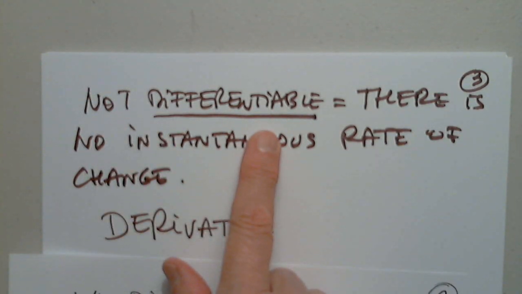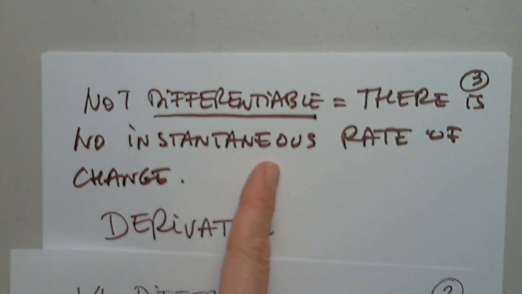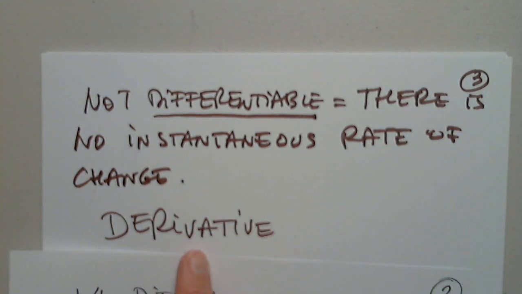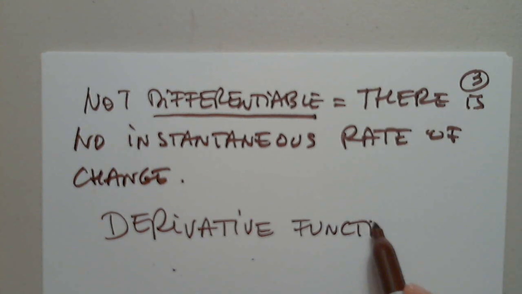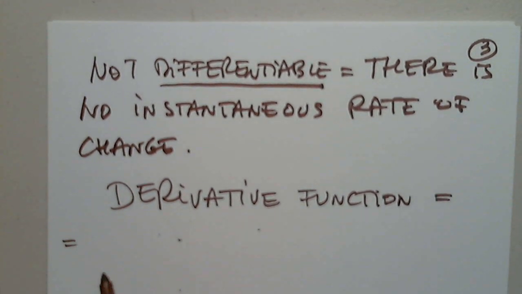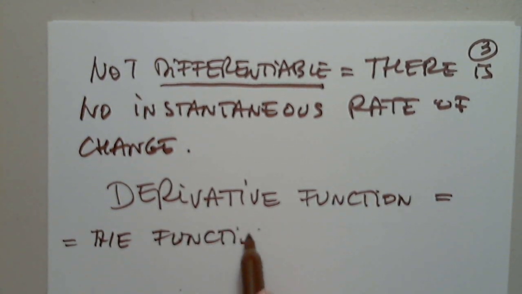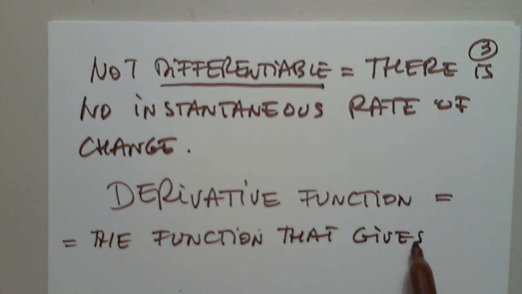Not differentiable is when a function does not have an instantaneous rate of change or a derivative. So now, the derivative function equals the function that gives the instantaneous rate of change